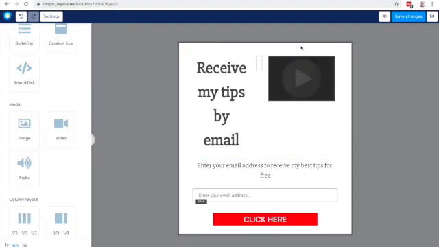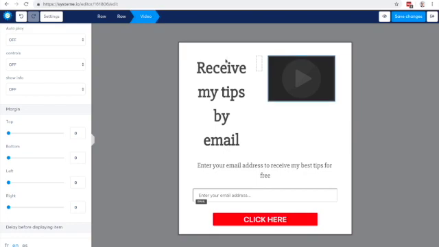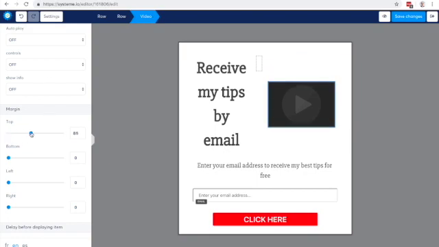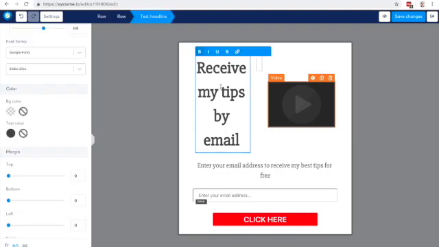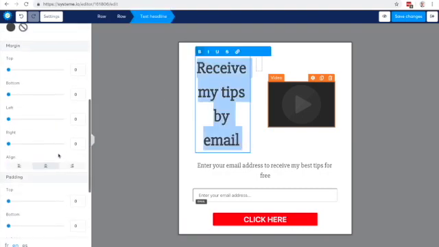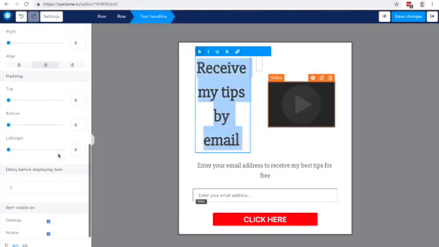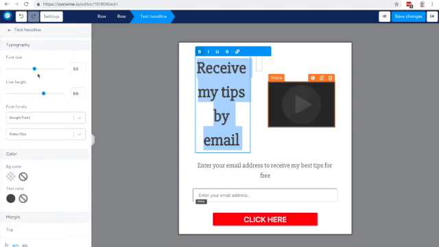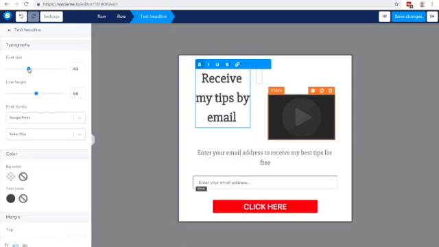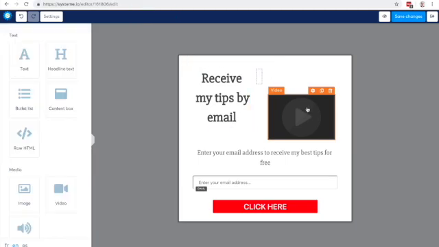Okay, you can change the settings too. So you click here in settings, and you can change the margin. So here you could change the size of the font. Here, there it is. So you have plenty of options. Feel free to